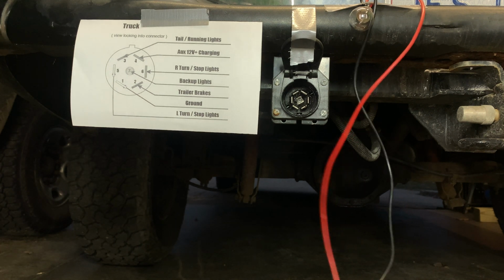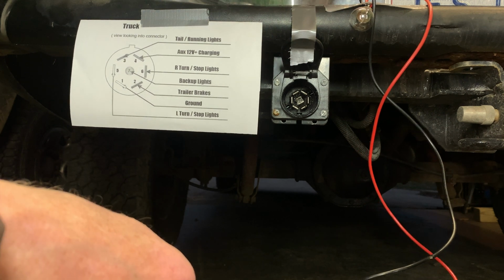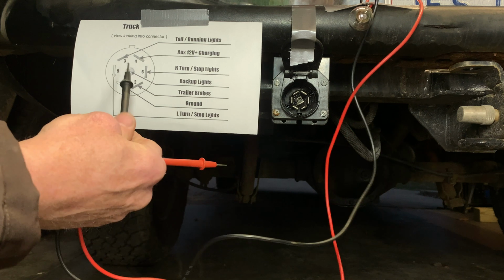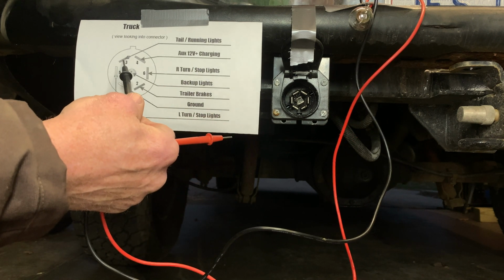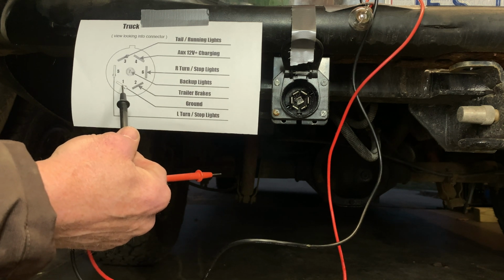Okay, so at this point I have the headlights on, so that means the tail lights should be active back here. As you can see from the illustration, tail light and running lights are pin number 3 in reference to ground at pin number 1. It's important to reference to this point because